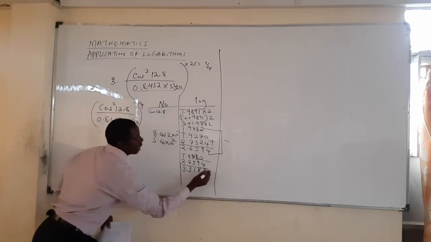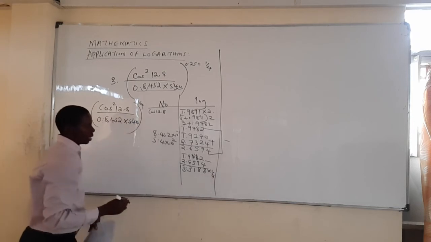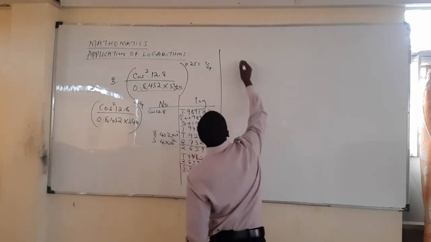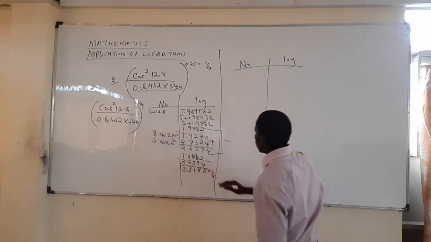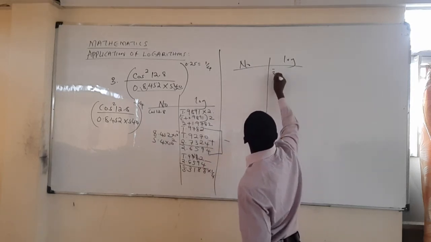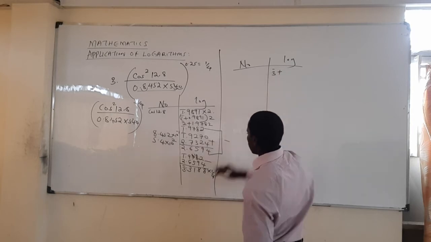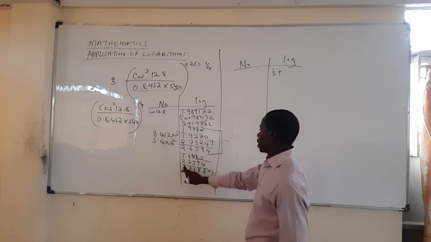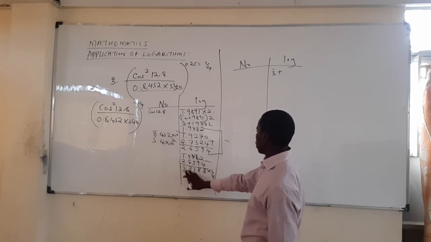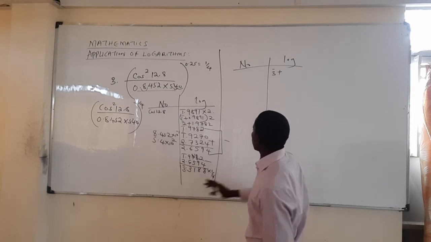So we multiply by a quarter there. So let me have another side here: the number, then the log. So we get minus 3 or bar 3 plus... we subtract the 2 because 3 is not divisible by 4. If it is a bar number that is not divisible by 4, we separate the 2